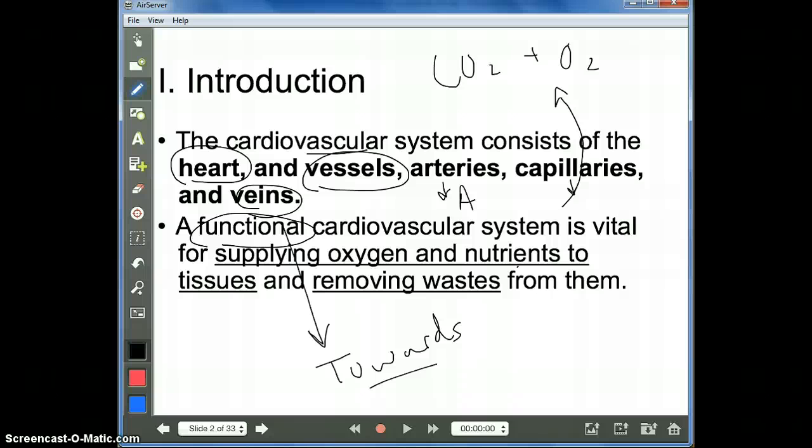Okay. Not only is it going to help pump nutrients and supply the oxygen it needs from the respiratory system, which we'll talk about here shortly, but it also removes the waste. In the muscular system, we talked about anaerobic respiration. When we're sprinting, when we're doing exercise, we build up a product called lactic acid due to the inability to use oxygen, in particular the mitochondria using the oxygen, to make energy. We can make energy without oxygen, but the waste product is lactic acid, and the only way to get rid of it is to pee it out. So the filtration of blood through the kidneys also helps us to remove those wastes.